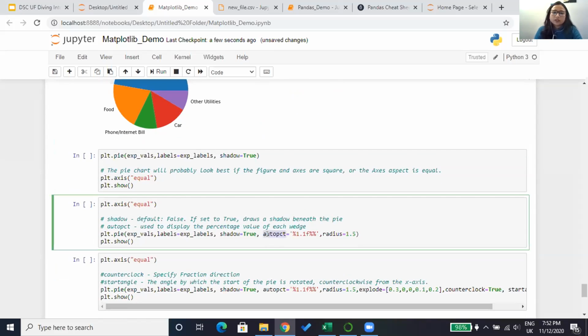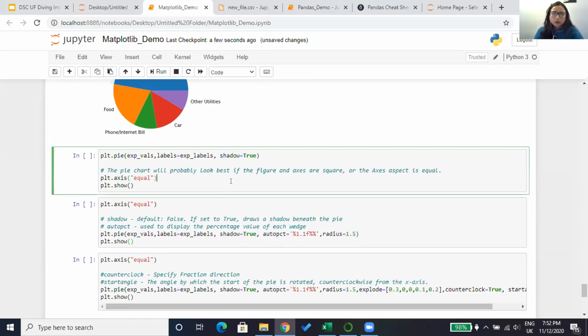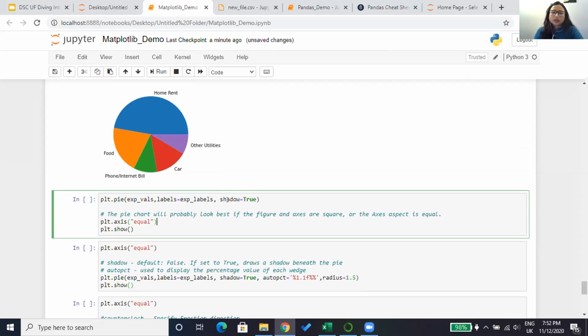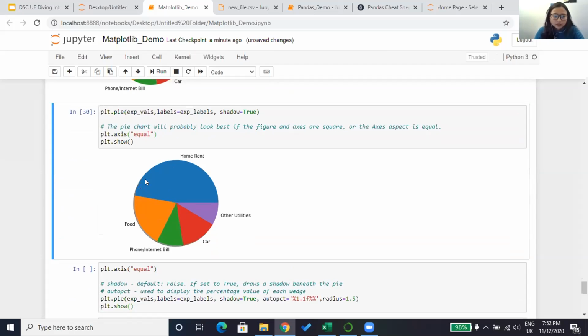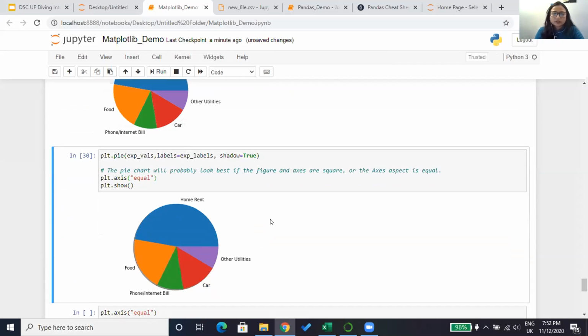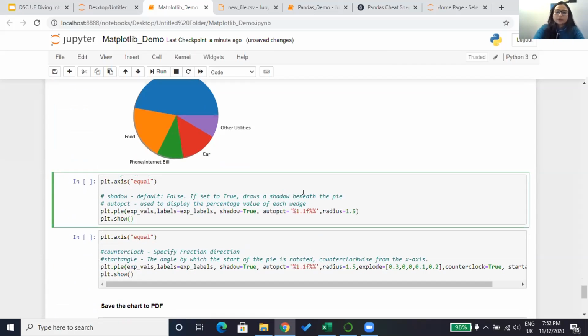So for that we'll use autopct, which will give the percentage of each of the wedges. And shadow is one more functionality in pyplot, which will set the shadow to true. So as you can see here, the shadow is set,